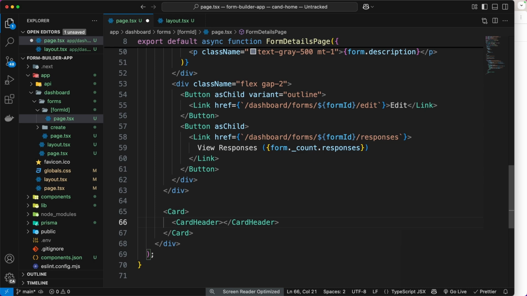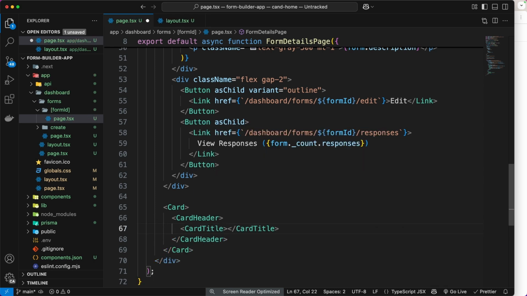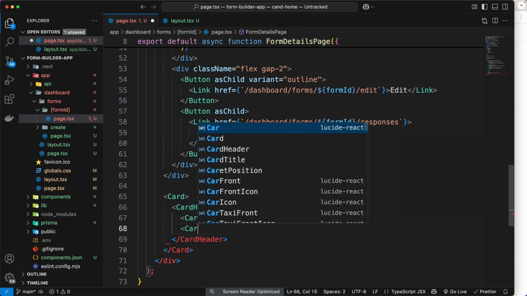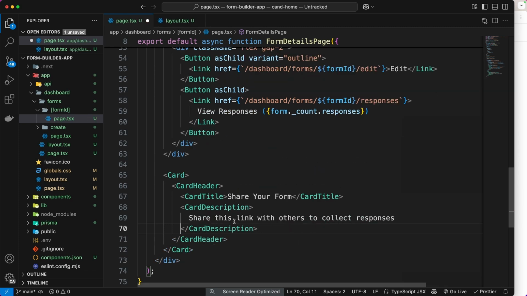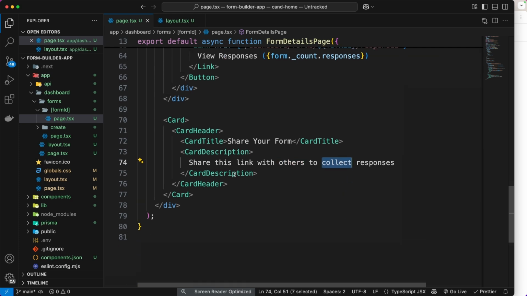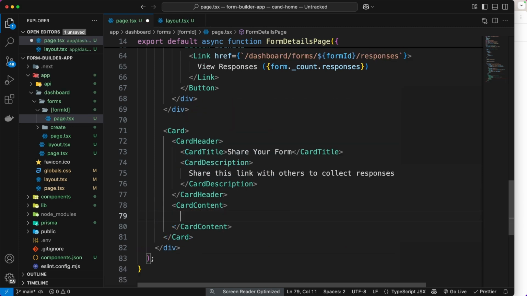Inside the card header, basically we have the card title like this. And the title, I'm going to say "Share your form". Also, we have the card description, and I'm going to say "Share this link with others to collect responses." After that, we have the card content. Let's do card content, and then inside here, I just want to render a p tag like that and